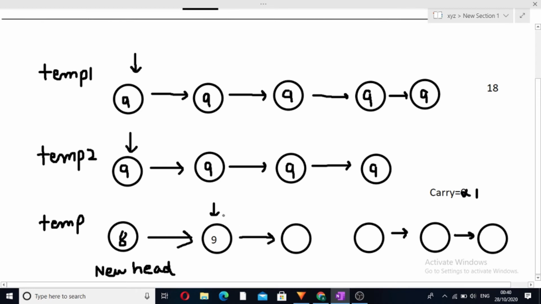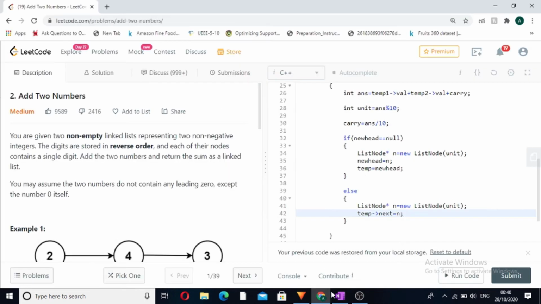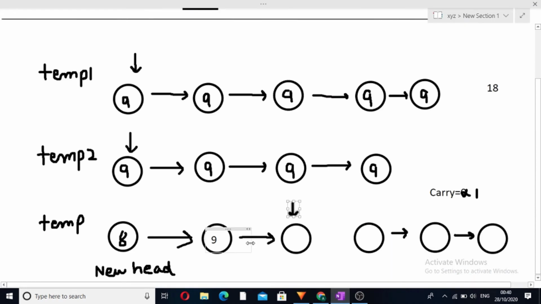Now we have to make our temp variable move to the next position, that is the last of the linked list. So temp is equal to temp next. In this case, when our connection was built, our temp was pointing here, but suppose in further progress we also have to form more nodes.